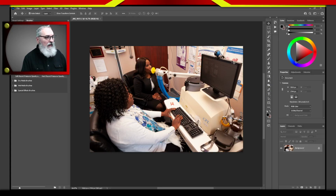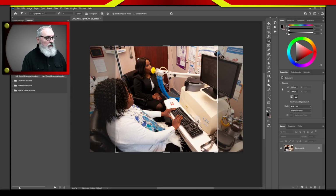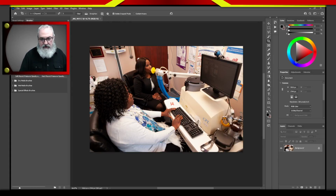Okay, so I want to mask it or I want to crop it? You want to crop it, and then you want to expand the canvas. Okay, all right. When you crop, there are a couple of things that you need to take into consideration. One of the things we have to consider is what's called working